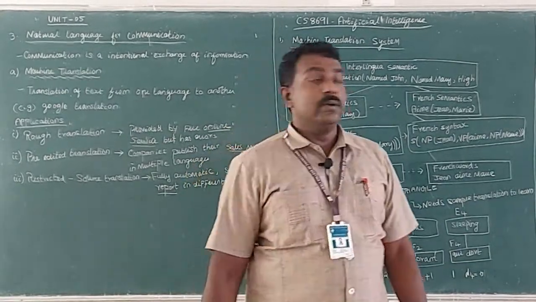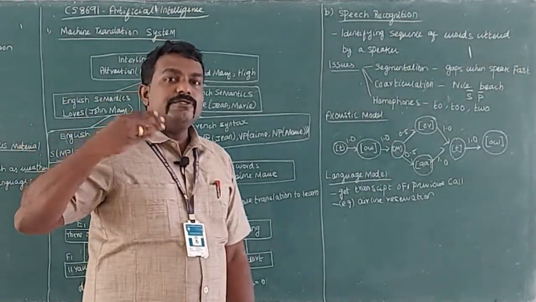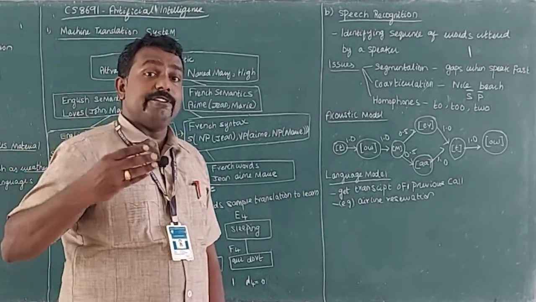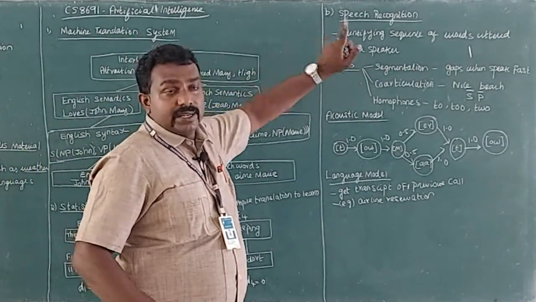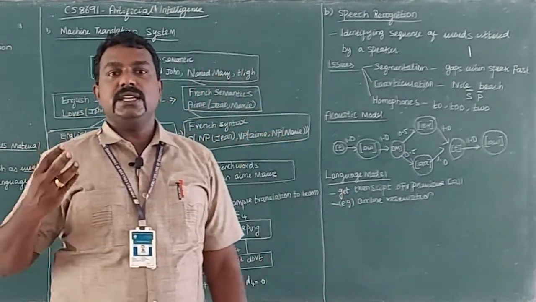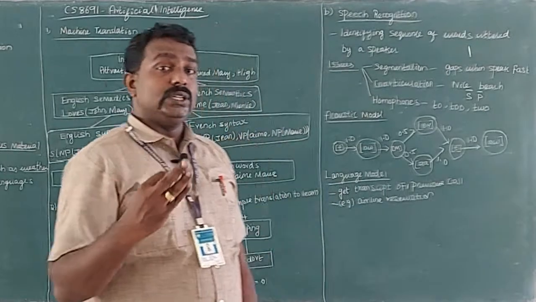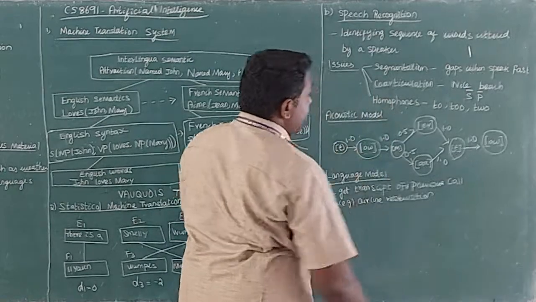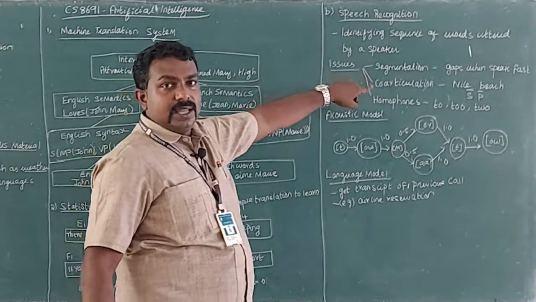Now I am going to teach you about speech recognition. What is speech recognition? It is nothing but identifying the words which we utter, what we speak. So how the machine is able to identify the words that we speak, that you call speech recognition. If you see, when you do speech recognition, there are some issues. Especially in our book, they have prescribed 3 different issues that occur when we do speech recognition. The first one is segmentation, then articulation and homophones. So there are 3: segmentation, articulation as well as homophones.